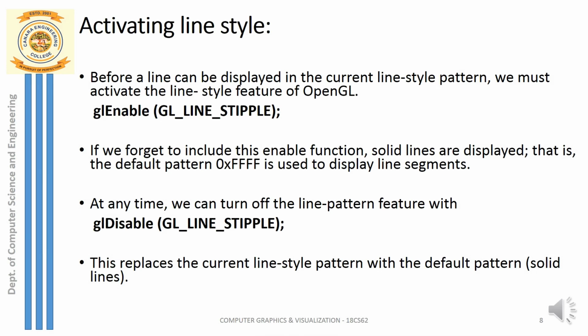As I already said about enabling line stipple, always before you call the function glLineStipple, you have to call the function glEnable(GL_LINE_STIPPLE). This particular function is very important to apply the style. And remember, after you draw the line, don't forget to disable the style. If you don't use this enable and disable, by default the pattern style will be taken as a solid line, so there is no style that will be applied. By default a solid line will be drawn.